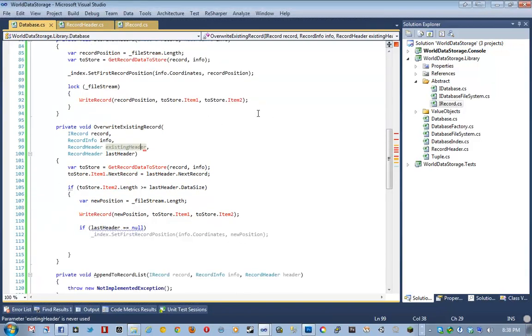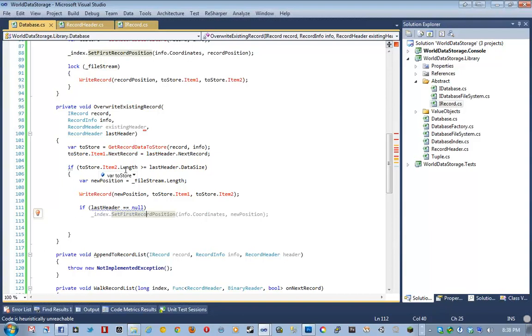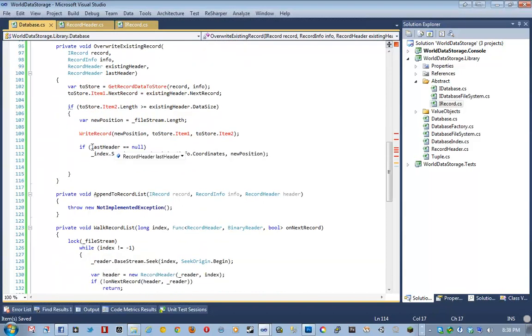Okay, so now that makes sense, right? If the existing header data size, existing header being the header that we're saving, hold on, last header, do we use this guy erroneously elsewhere? Yes, we do. Okay, there we go. So now this makes more sense. If the last header was null, then set the first record position in the linked list to our new position, and then just go ahead and